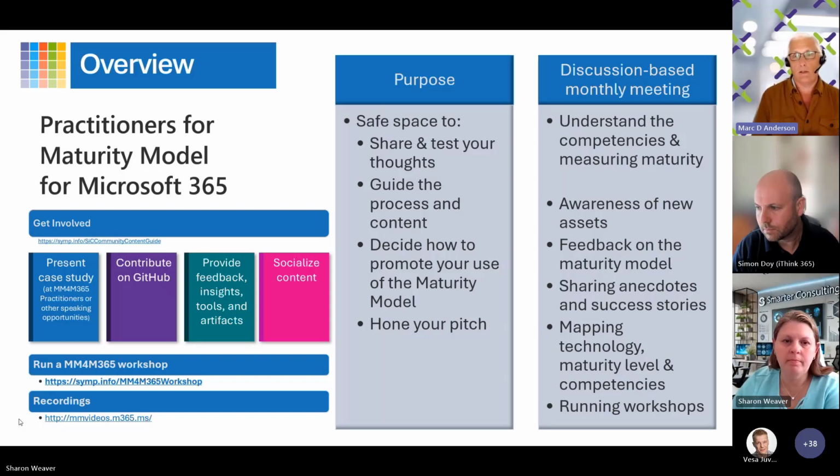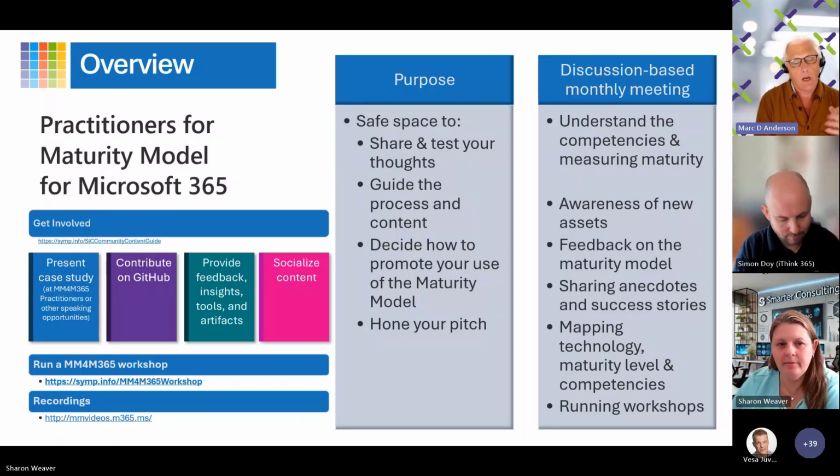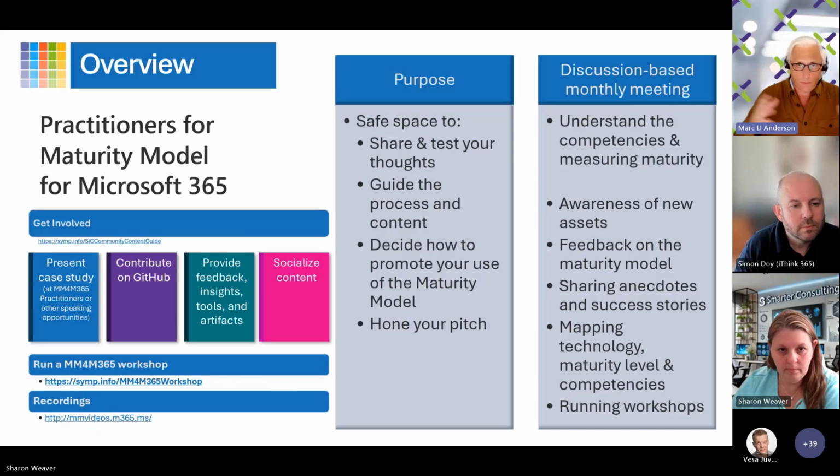If you have some ideas, there are some people, I don't know if they're on the call, who over the summer gave us some very detailed feedback, and we've been trying to bring that aboard. Of course, we were all doing our summer things, so we didn't get to all of it yet, but we're trying to incorporate the feedback that we get from the community, and also let people know that this exists. We find that it aids a lot of conversations in our consulting practice. It gives people a way to frame what they need to do and how they need to get there. So again, this call is very much a community-oriented thing.